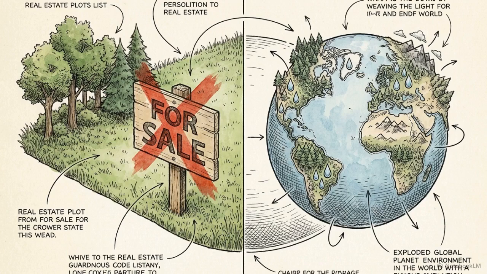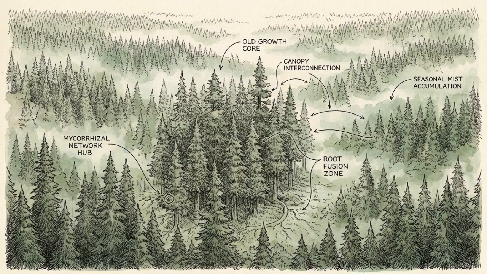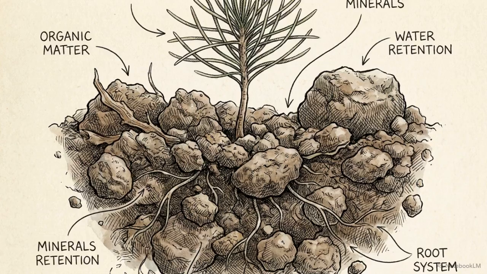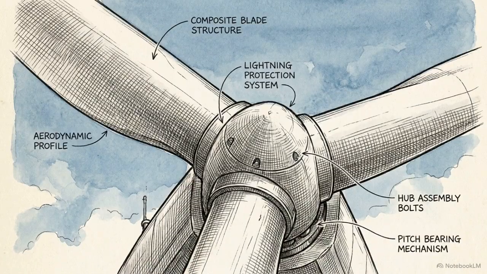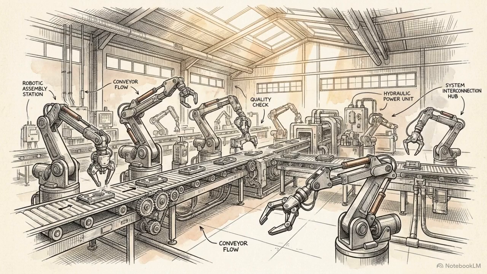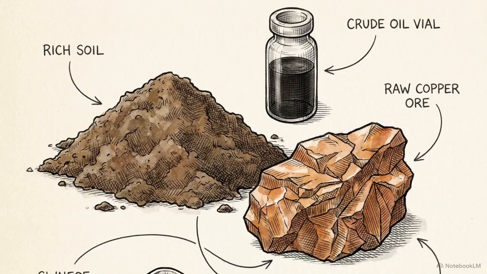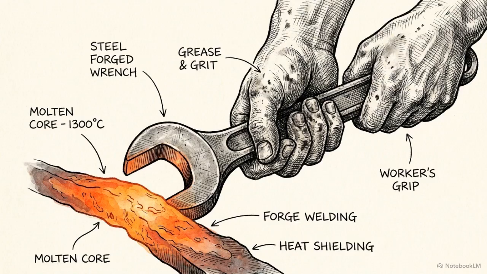In economics, this term extends far beyond a plot of real estate. Economic land encompasses every natural resource used to create value: the soil for timber, the minerals for batteries, and the wind and sunlight that power the assembly line. These elements represent the raw canvas of the economy. However, a vein of copper or a gust of wind remains inert potential until human intervention unlocks its value.